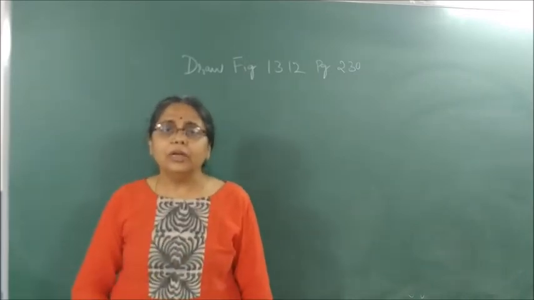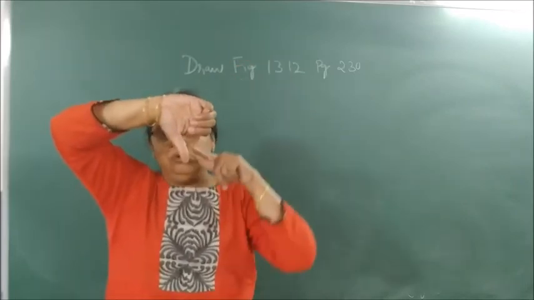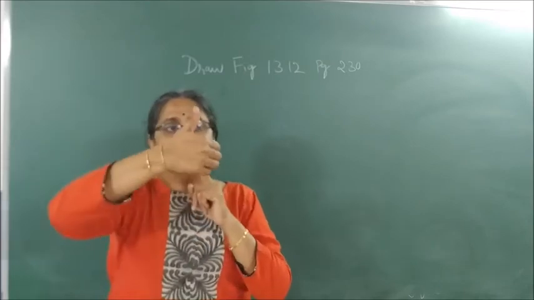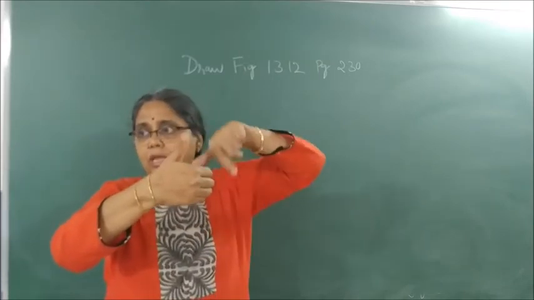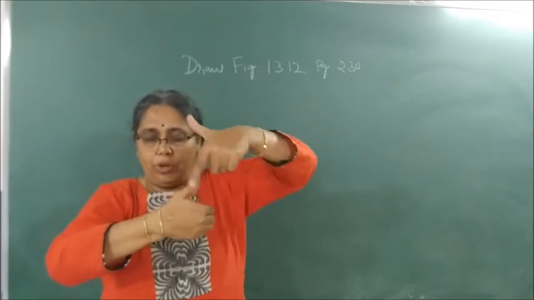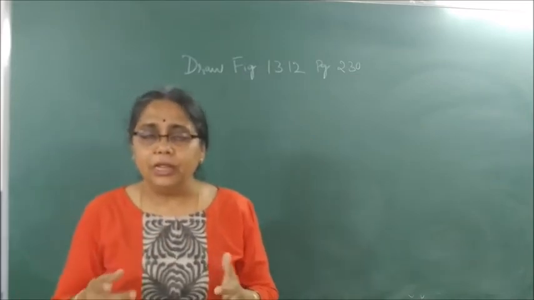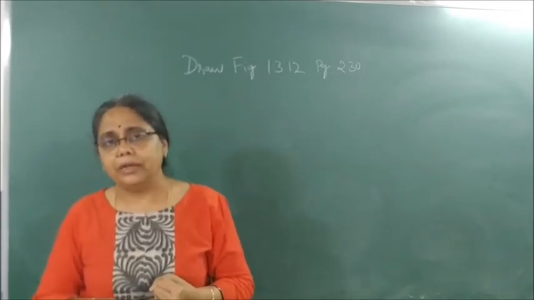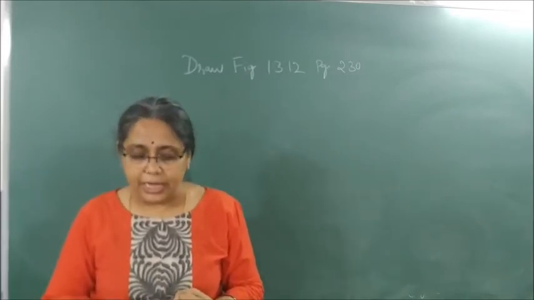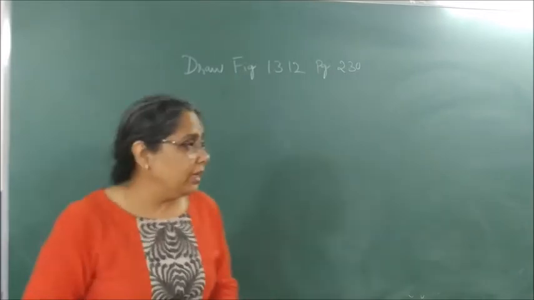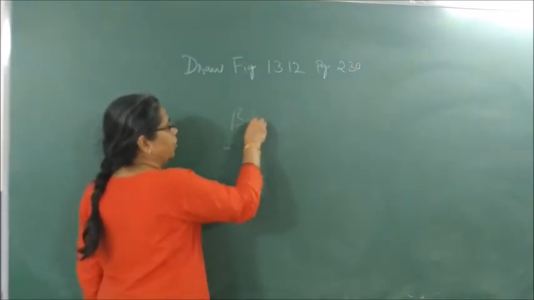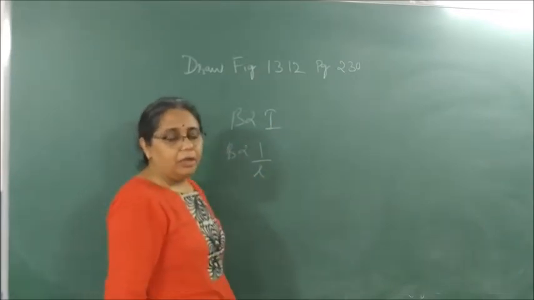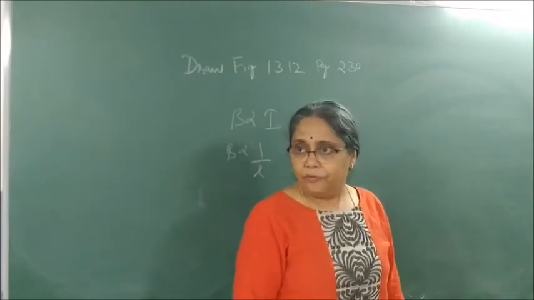Fine. So when the current flows from north to south, magnetic field lines are what? Anti-clockwise. When it flows from south to north, magnetic field lines are what? Clockwise. How do I change the magnetic field? By changing the current and by bringing the magnetic compass closer to the current carrying conductor. So how do I write? I write B is proportional to I, and B is inversely proportional to R. Where B is the magnetic field.